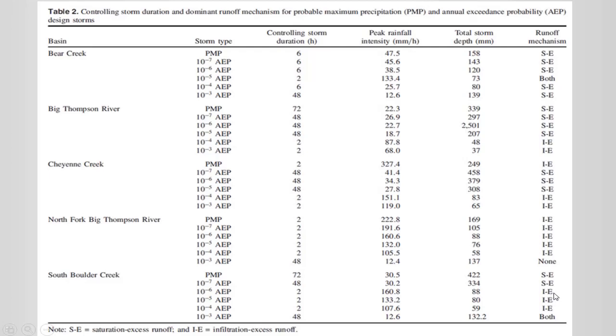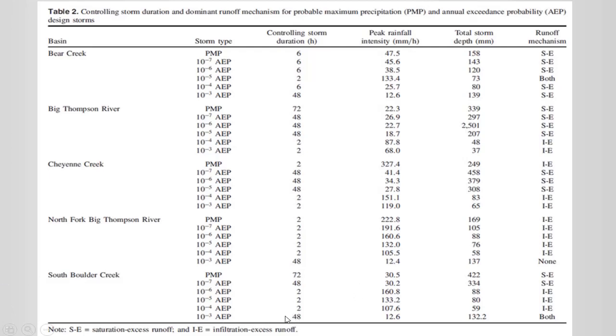Infiltration excess, so, traditional Horton runoff. The case of both is obvious, and then none is actually subsurface flow. So there we even have an instance of subsurface flow dominating in one instance. But what they showed is that the controlling runoff mechanism varies by basin, your site-specific basin, by storm magnitude, and then